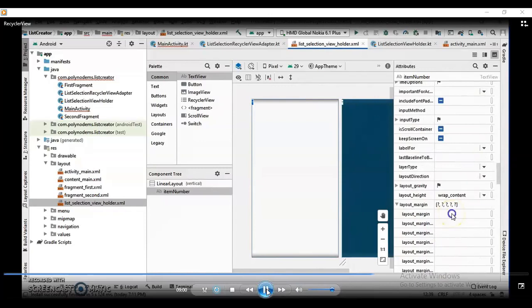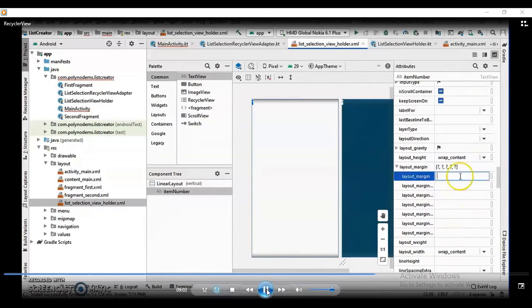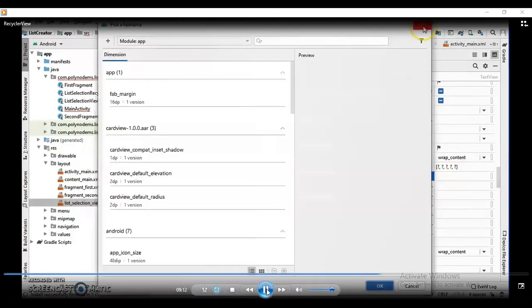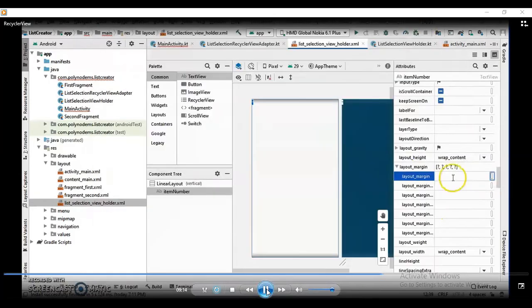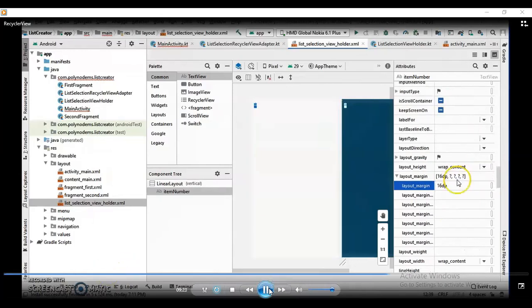So you can observe here the other margins are indicating, but quickly here I will directly specify 16 dp. That is 16 density pixel has been assigned here. So automatically it has been reflected here for all margins.